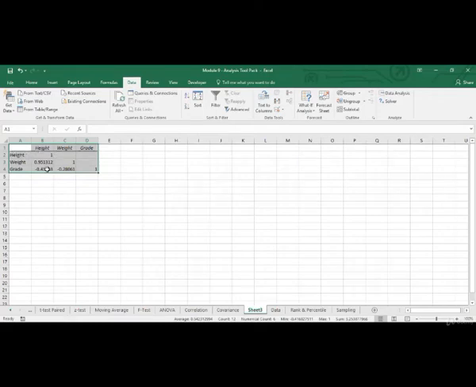So this gives me a 3 by 3 matrix over here. What it is showing me is that definitely the relation between height and height is 1, weight and weight is 1, grade and grade is 1. So you can ignore these three values. But if I want to look at the relationship between weight and height over here, it is 0.95. So there's a positive correlation between height and weight.